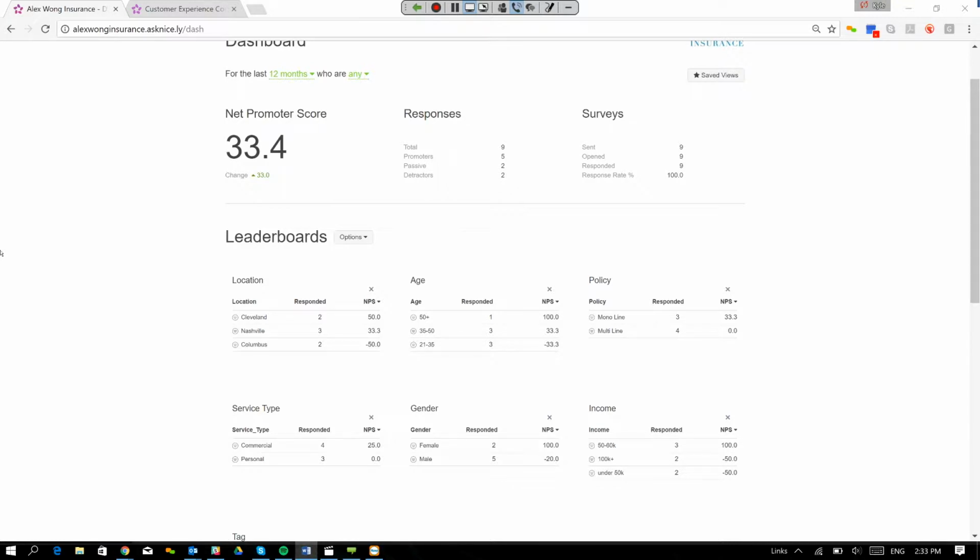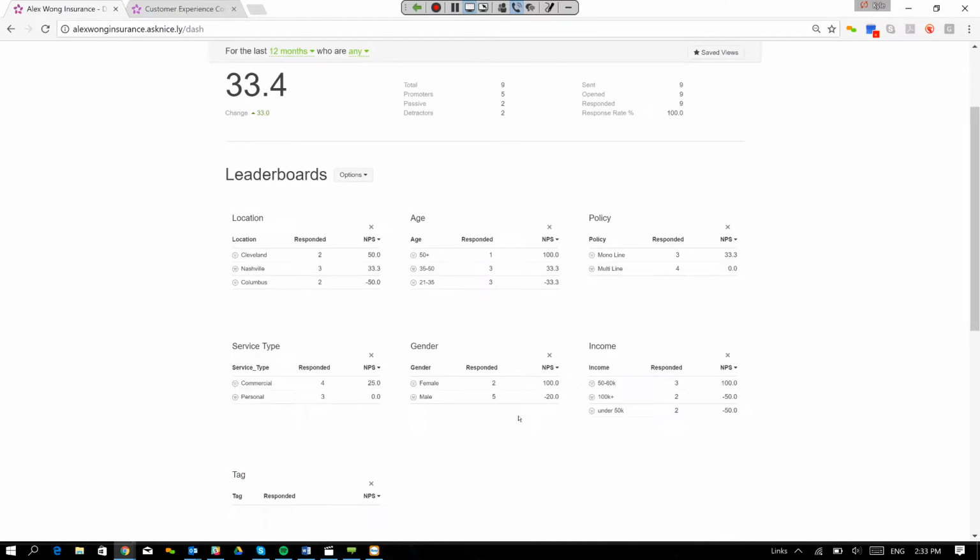As we can see, this is a very easy way to break down your NPS by, for example, location, service type, account manager if you're perhaps measuring that, or any other data you find relevant. From here, we can easily identify strong demographics for our marketing team to target or weak points in our business that may need more support.